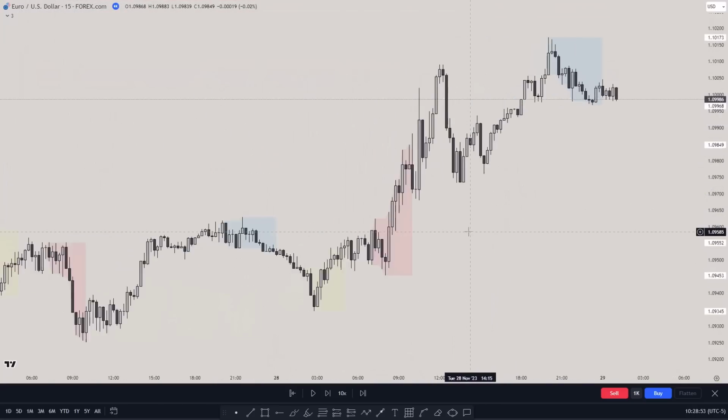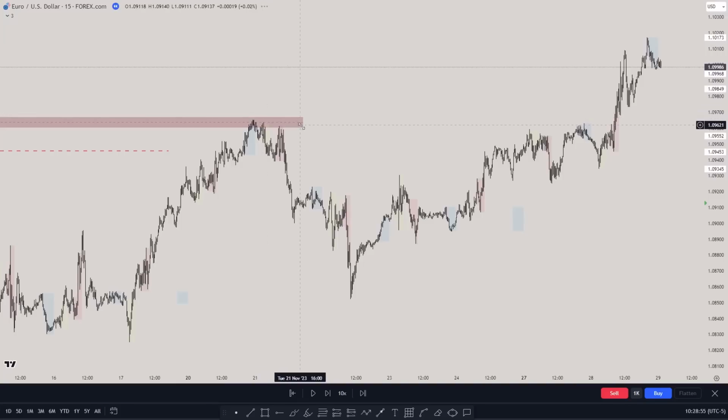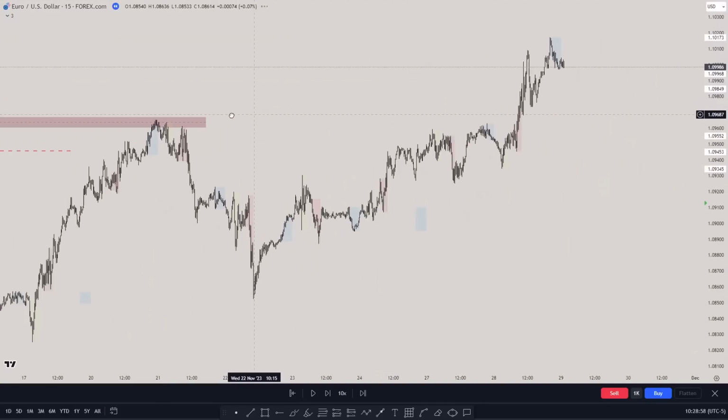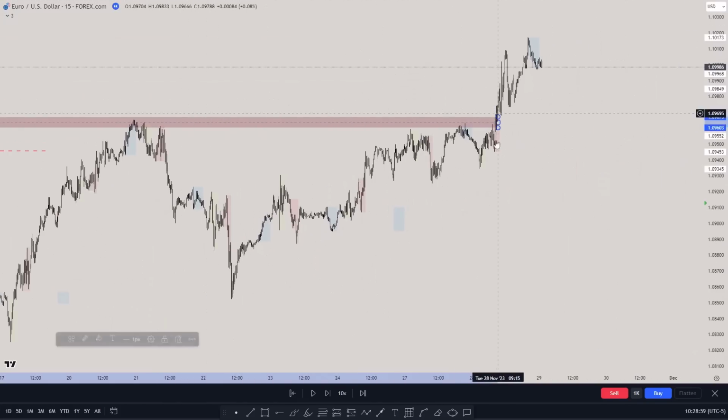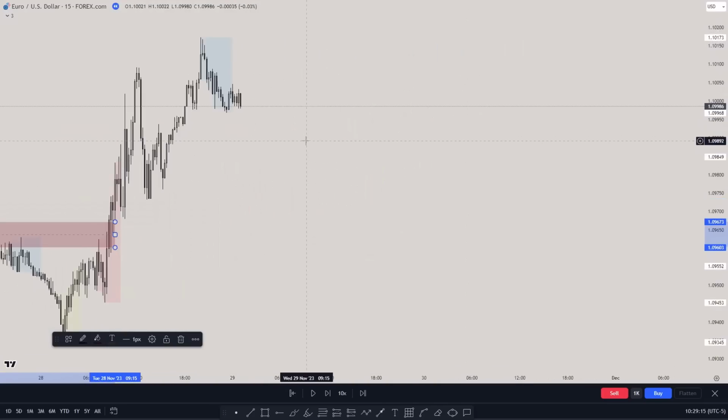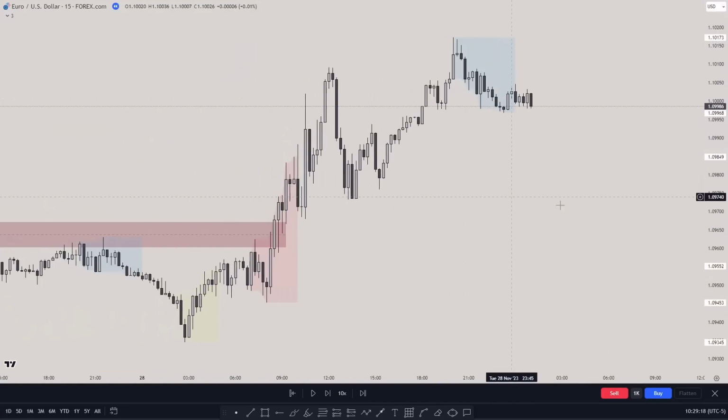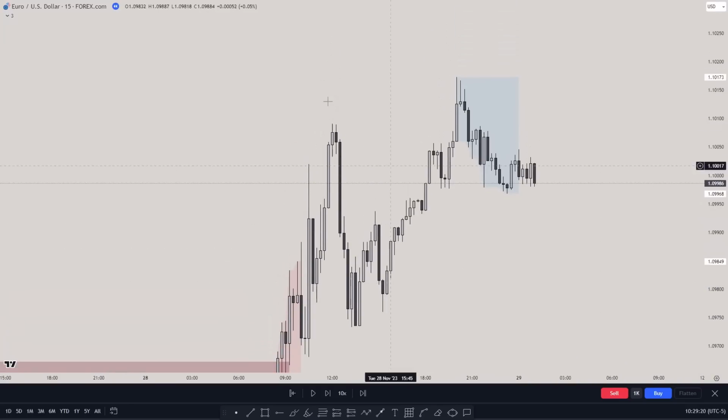Now going to the 15-minute time frame, we can simply see that, okay, this is my daily fair value gap. It was right here and price went a little bit up. Now I'm expecting price to go lower because there are some other fair value gaps on the 4-hour that are above the daily fair value gap. And we are still in a daily bearish order block. So price could go lower. And I was waiting for any reversal from this point.